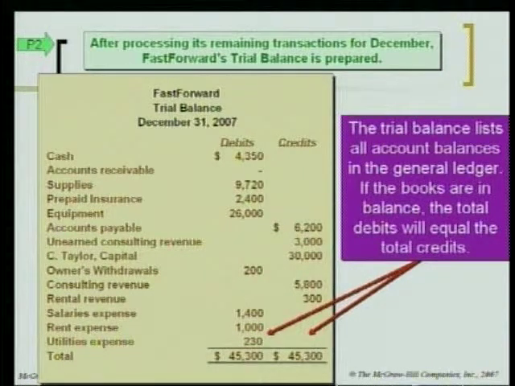Accounts receivable has a zero balance. Supplies has a debit 9720 balance. Okay? You do each account that way. Now, I think it's good. The way you want to do this is you want to list your asset accounts, then your liability accounts, then your equity accounts, then your revenue accounts, then your expense accounts.